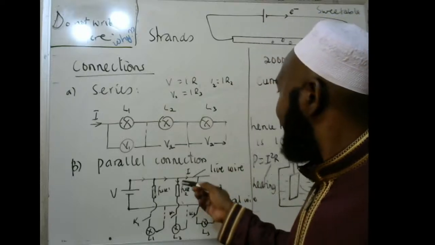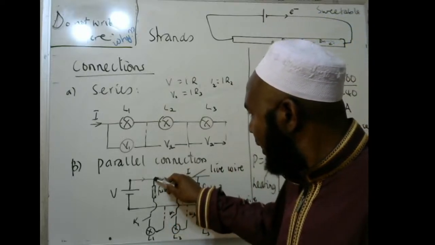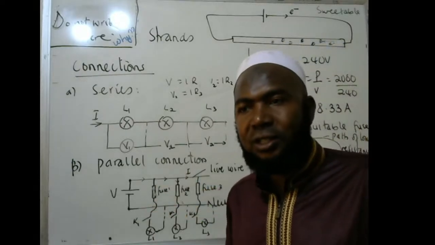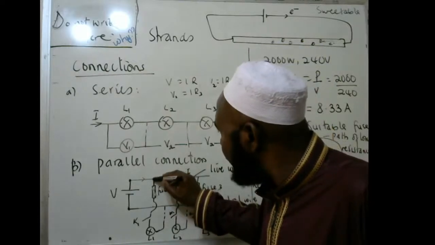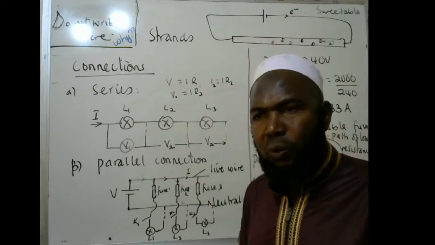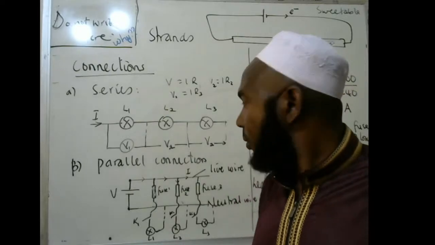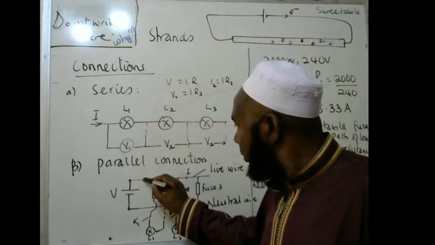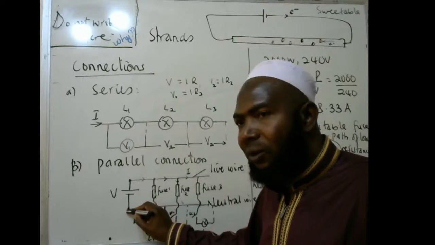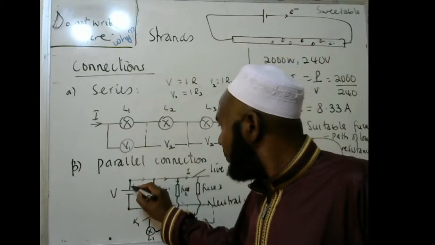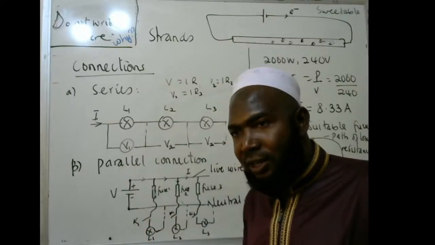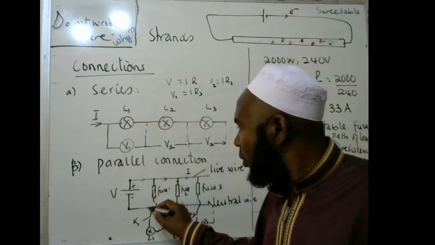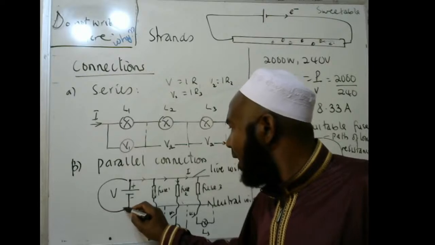Usually the neutral wire takes back current. But if, for example, from here you connect a live wire to a neutral wire, you have created a path of low resistance. In other words, you are connecting positive to negative terminal directly. Because the live wire is the one that is carrying current. The neutral wire is connected to the negative terminal. The live wire is connected to the positive terminal. So if you connect a live wire with a neutral wire, you are directly connecting from here up to there